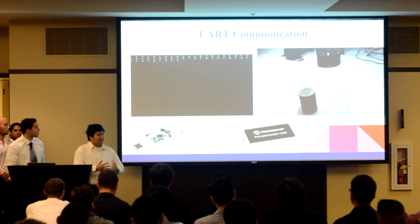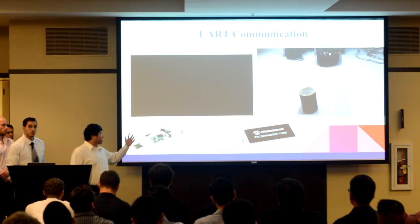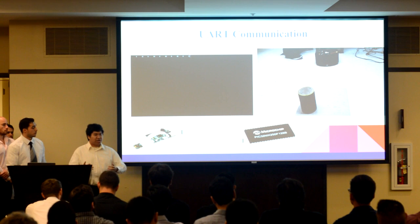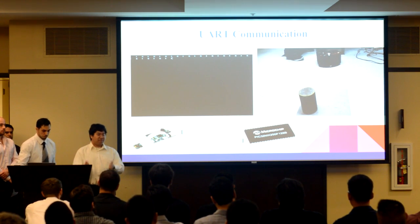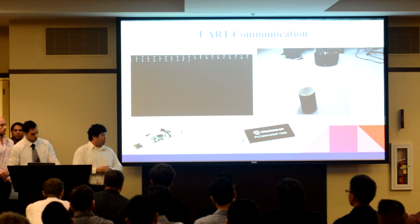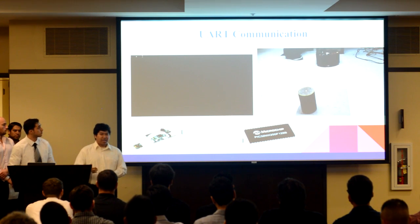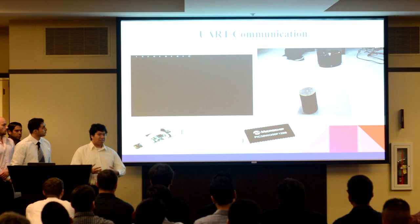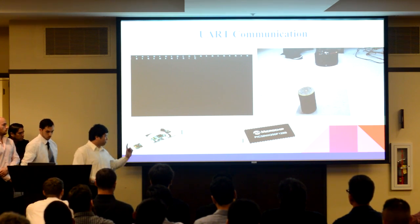So whenever the Pi has detected a flame source, it will pass a single ASCII character telling the PIC to move in a certain direction. The PIC then translates that data and pivots either left or right, centering in on the flame. One thing we noticed through our testing was that the Pi would detect the decoy as well as the real flame. So we decided to come up with a two-layer fire detection system utilizing